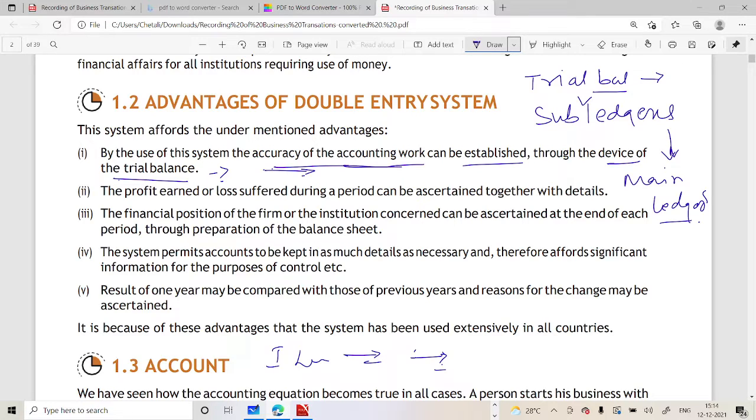So the accounting work is important. Then the profit earned or loss suffered during a period can be ascertained. It means it can be confirmed easily. And this is important, guys, because every business, including investment business, is looking for a maximum return on their investment, or how they can utilize their resources to maximize their return. All businesses have the same goal, that is to earn maximum returns and to achieve maximum